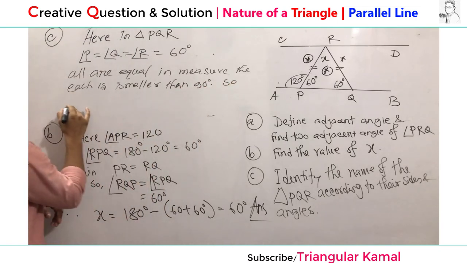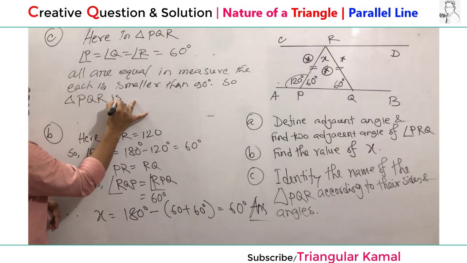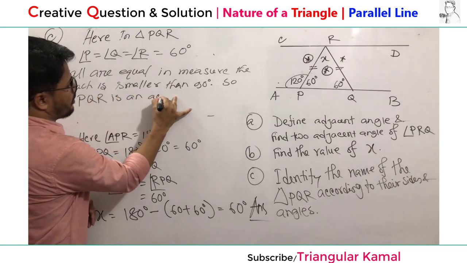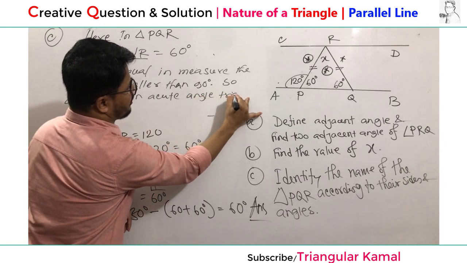So triangle PQR is an acute angle triangle,